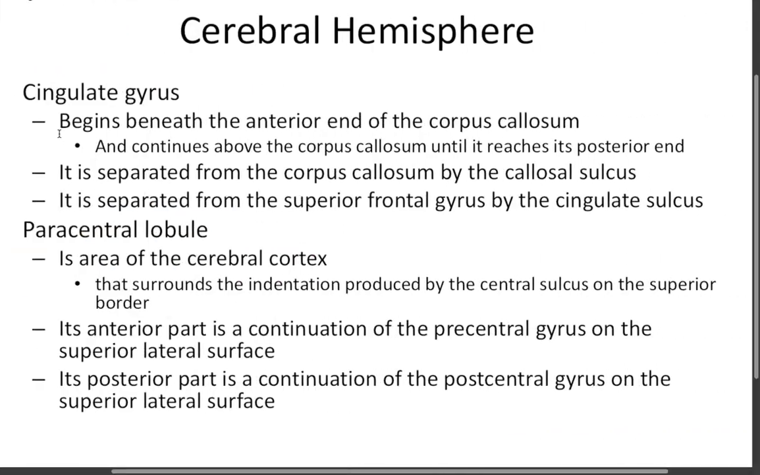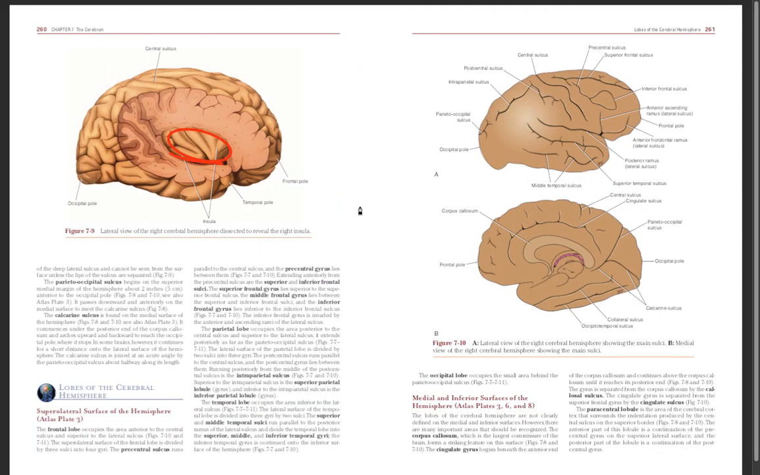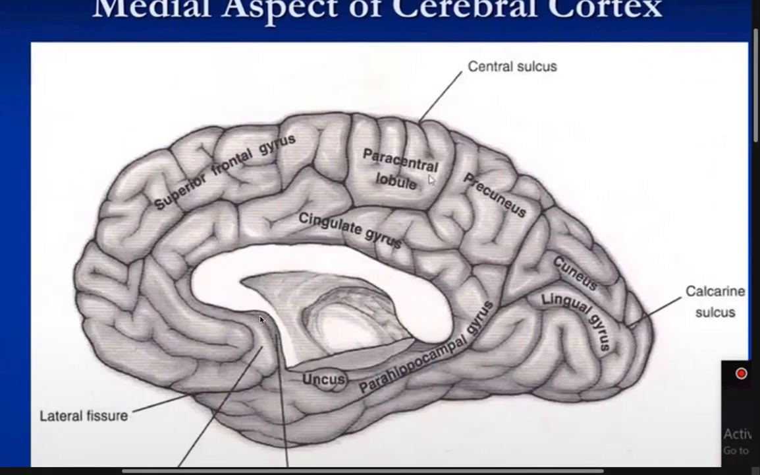Again, this is in here the cingulate gyrus. The cingulate gyrus begins beneath the anterior end of the corpus callosum and continues above the corpus callosum until it reaches the posterior end. Look in here. This is the corpus callosum, okay? And this is the cingulate gyrus. If you just observe that it is extending from the anterior part of the corpus callosum, going backward to its